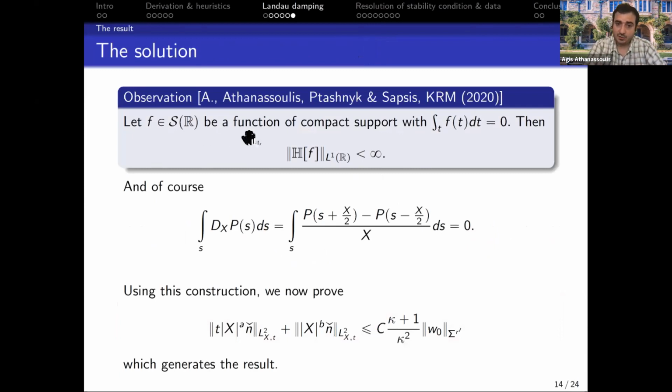So if you have a nice function of compact support, which happens to have integral 0, then its Hilbert transform is L1. It's a difficult exercise, so you can work it out. So you have this fact, and we're talking about the divided difference of the spectrum. If the spectrum is of compact support, the divided difference is of compact support, and the divided difference of any function has integral 0 by construction. So we do have our absolute summability from this observation, and eventually this is the bottleneck there, and we're allowed to compute this